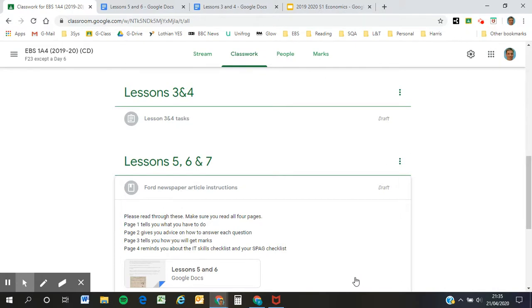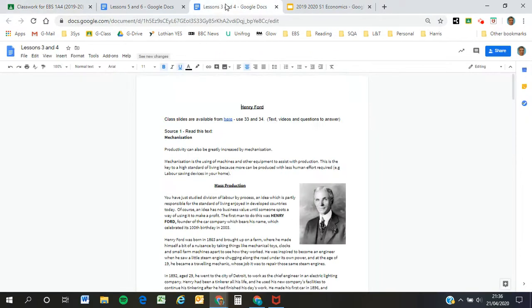Now the material here should take you 2 periods, so think about planning yourself just under an hour, so about 50 minutes, 2 blocks of that. So those clever clogs will be able to, that's about an hour and 40 minutes. So you might want to do it all at once, or you might want to spread it out over 2 periods. So if we have a look here, we can click on there, but I've got it up here.